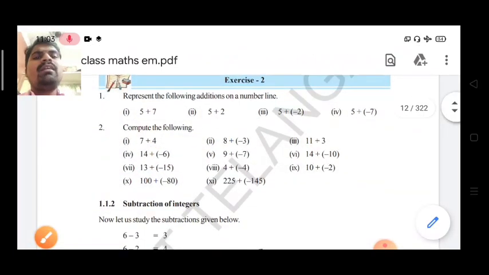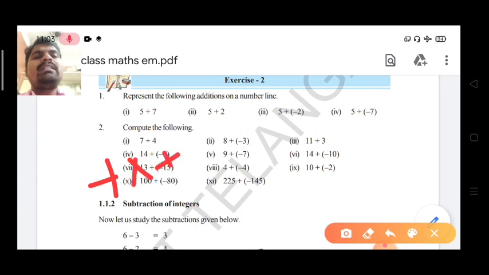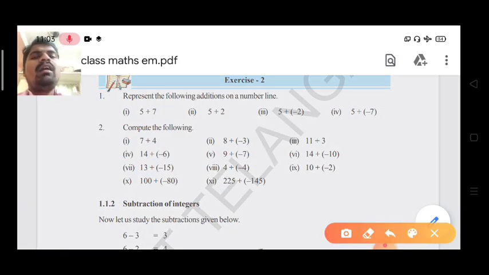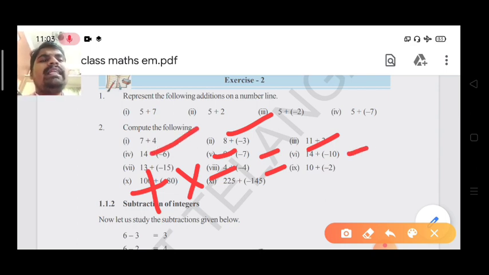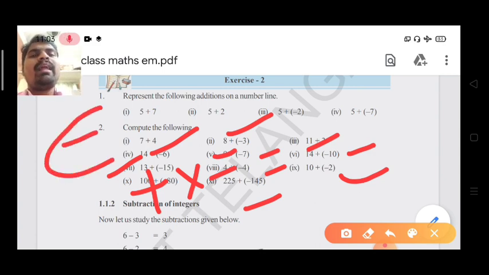For example, here plus into plus is a plus, it is very simple, the first problem is like that only, and plus into minus is a minus. You observe the second problem or fifth, and fourth, sixth, ninth, eighth, seventh, and the last, 11th problem, these all depend on plus into minus. Plus into minus is minus, so subtraction, but in the result, whichever symbol is before the big number, you write that symbol in the result.